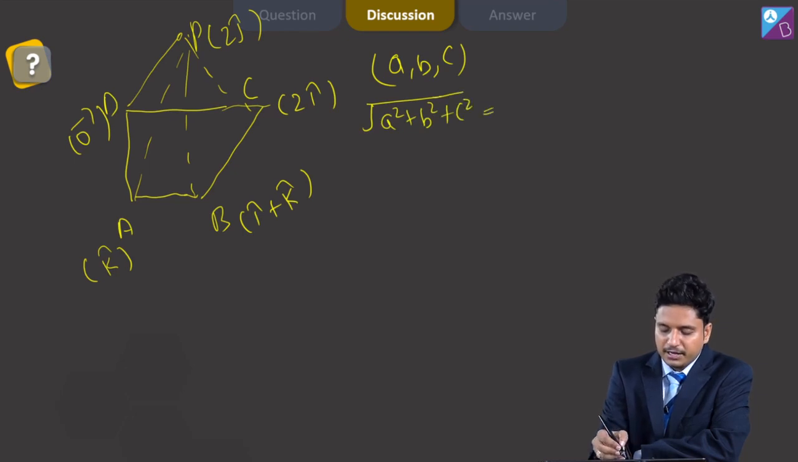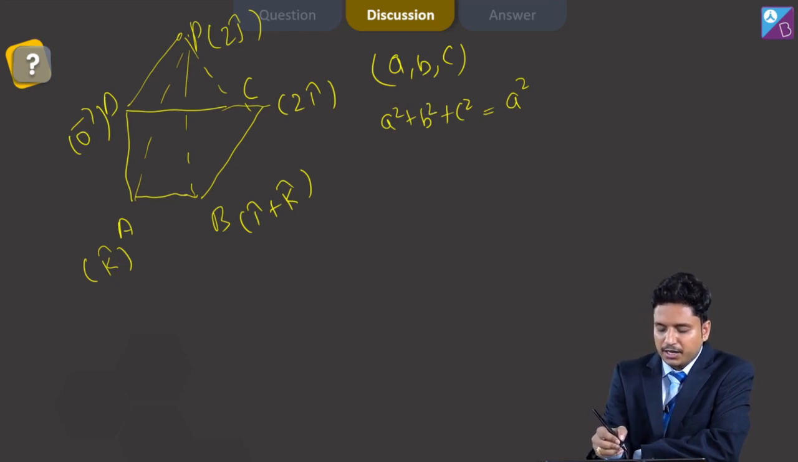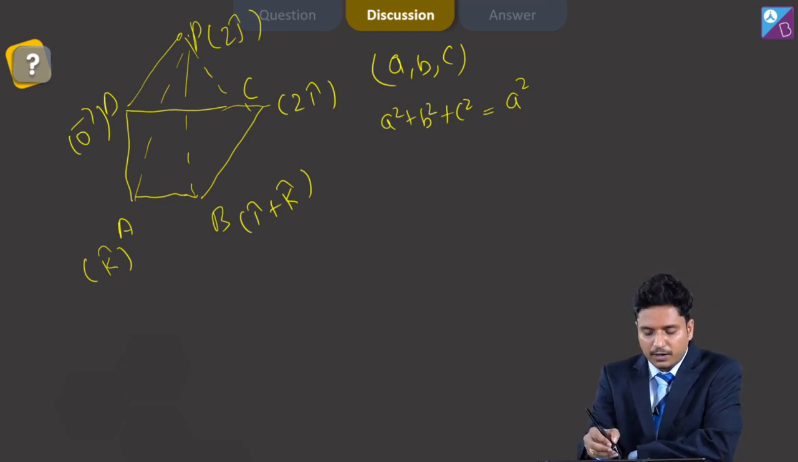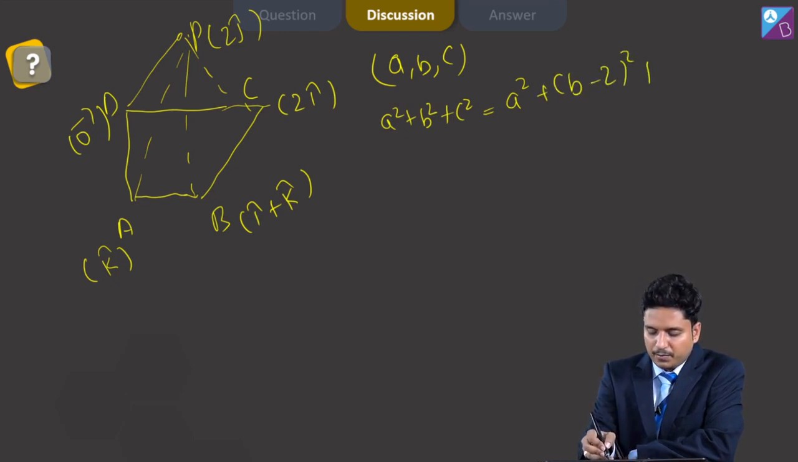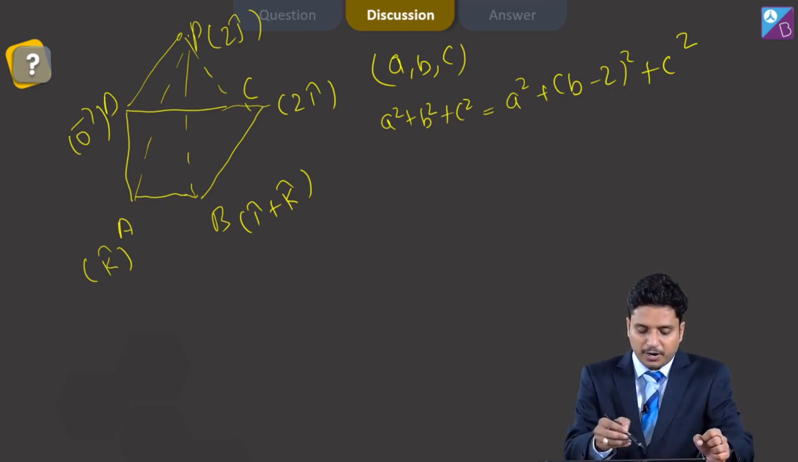And this should again be equal to its distance from point P, which is A square. Now I am removing the under root part. Under root is anyway not required because we have to square it and then solve it. So A square plus B square plus C square equal to A square plus (B minus 2) whole square plus C square. So this is the distance of ABC from point D and this is the distance of ABC from point